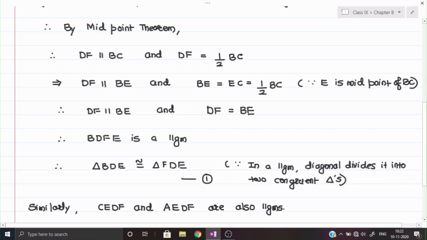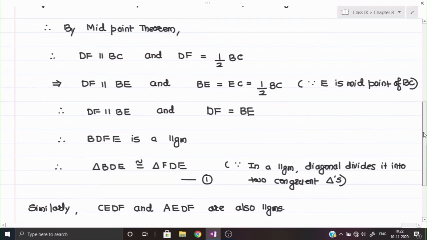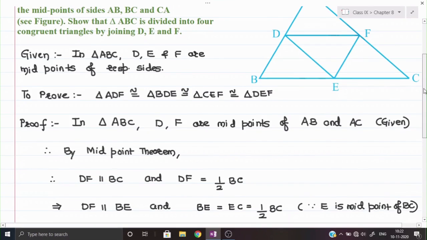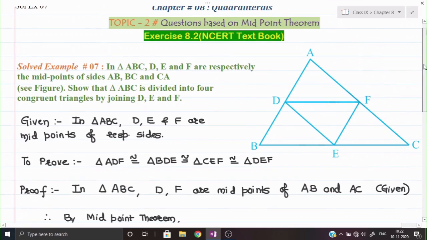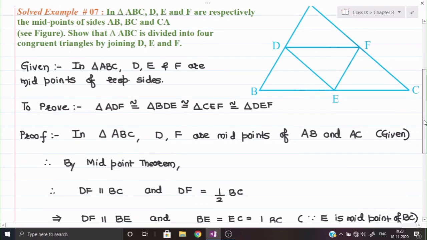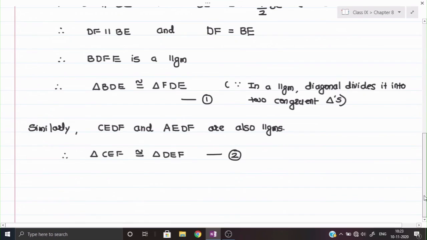Okay, now we shall write down similarly the second one. We have proved AEDF is a parallelogram. So who will be the part of AEDF here? In AEDF, you observe triangle ADF and triangle DEF again will be the two congruent triangles. So we will write down now here ADF and EDF will be the two congruent triangles. So here we shall write down, therefore triangle ADF and